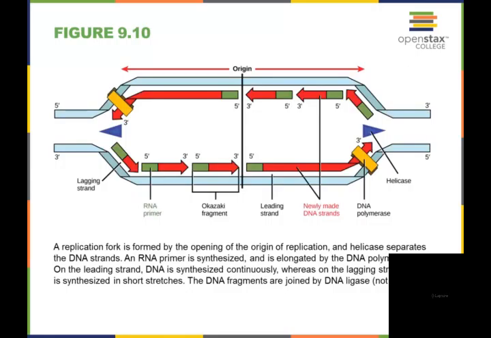When this happens and you're separating this apart, you're going to have a replication fork that will form. And that's going to happen at the opening of the origin of replication. The enzyme helicase is going to come along and separate the DNA strands. It's going to pull them apart. When it does that, it's going to make an RNA primer. The RNA primer has to be synthesized, and as it goes along, the DNA polymerase will be able to join on there, and it will be able to synthesize